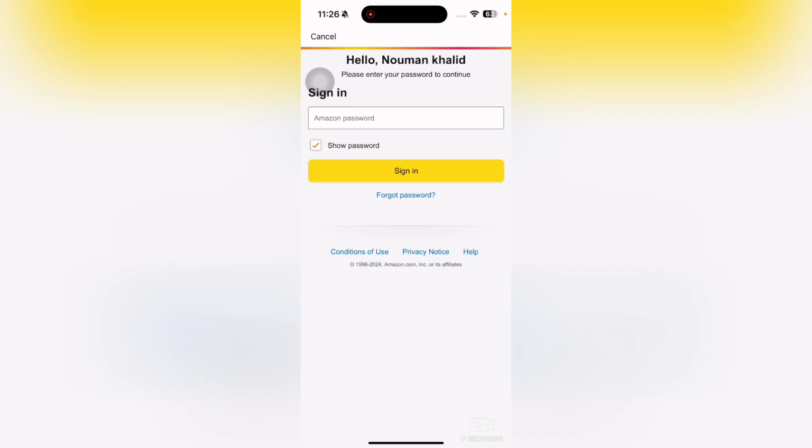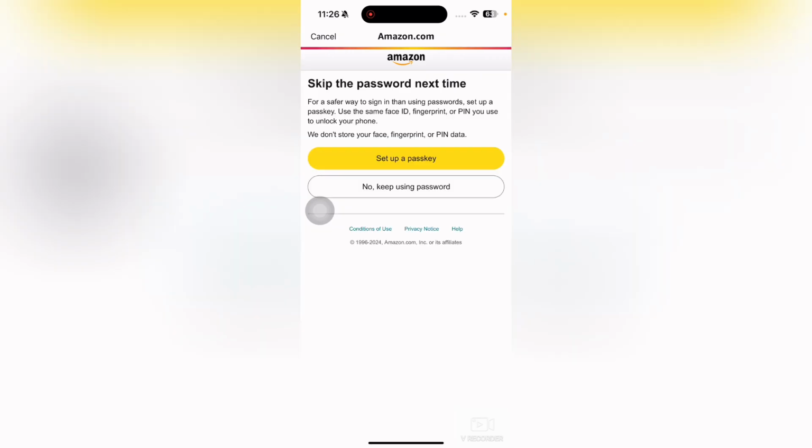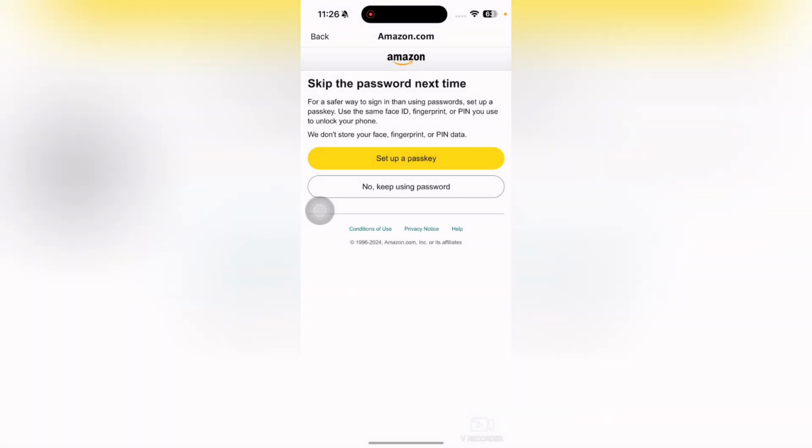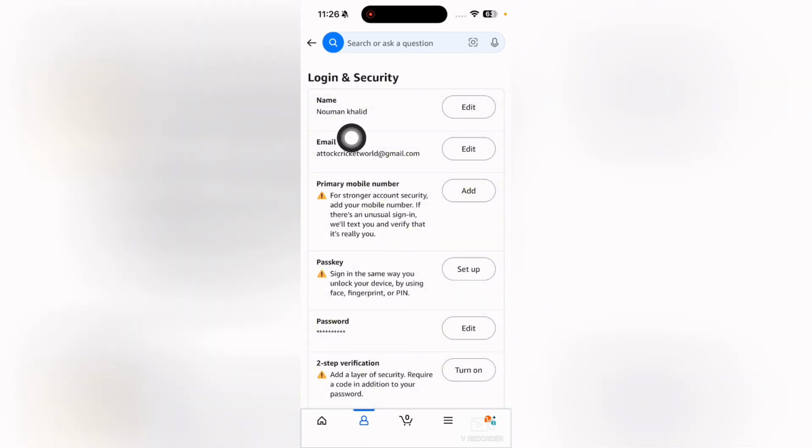enter your password. So I will just enter my password here, sign into this. So I will just basically sign in. Skip the password next time. Password and just go to the login and security option, and here you can see that we have this option